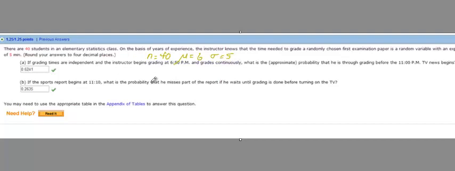And it says that the grading times are independent, and we start grading at 6:50, and we want to be done by 11. If you run the numbers on that, that's a total of 250 minutes. But now my mean is not going to be 6 minutes for this 250. I have to multiply that